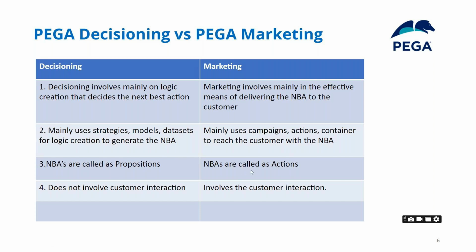Now the same way you call in Pega marketing the same proposition, you call it as actions. Anyways, we will see in detail how to create and all those things in the coming sessions. And like I told you, Pega decisioning does not interact with the customer. The only job is you will give the customer data to this decisioning. It will just identify what we need to send to that customer. That's it. There is no interaction with the direct customer in Pega decisioning.